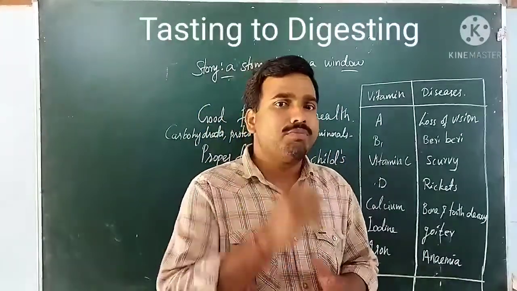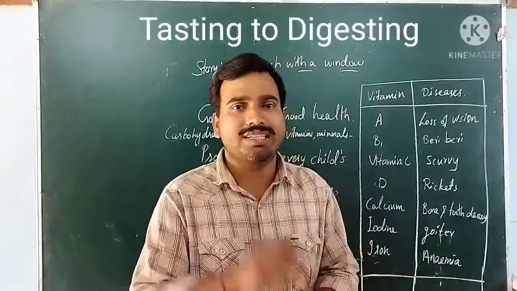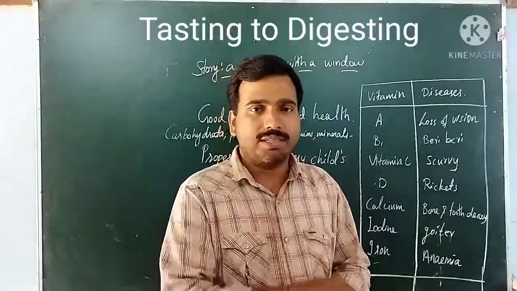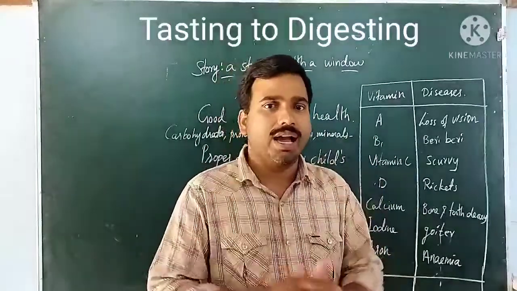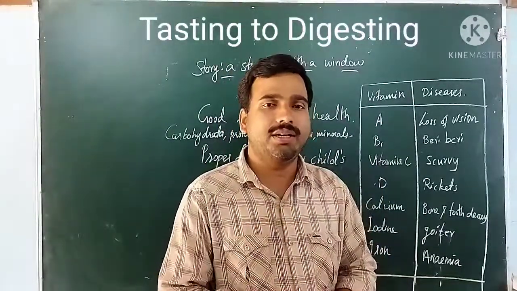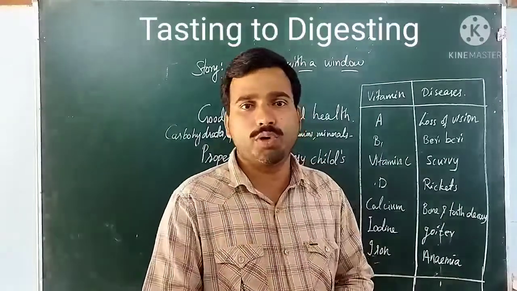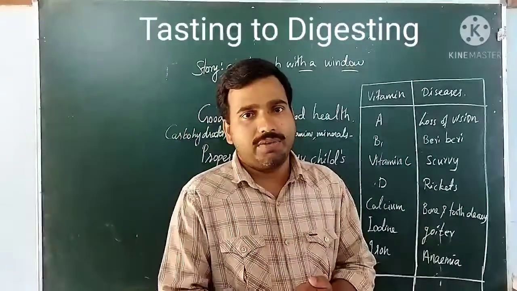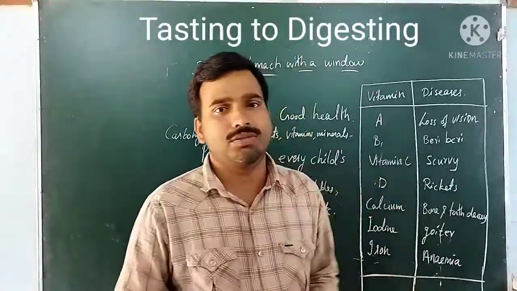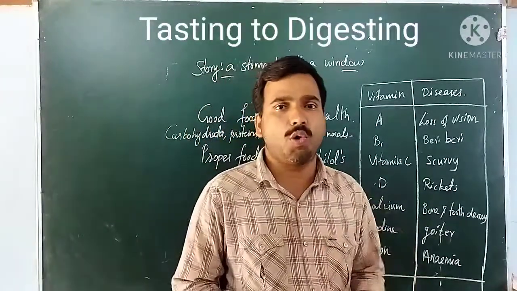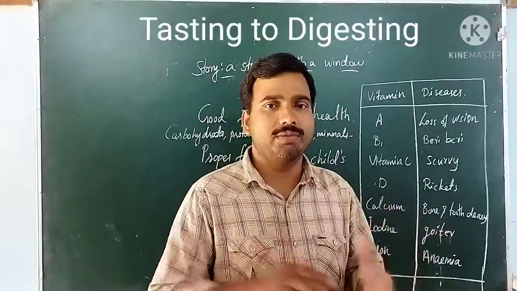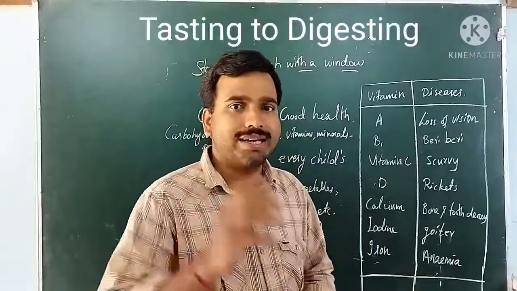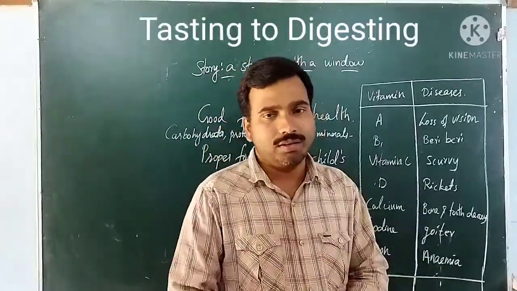So there are tiny buds, and these buds are known as taste buds. They are located in specific regions of your tongue that help you identify the taste of different food items. In this way we already saw sweet, salty, sour, and bitter. These are the different tastes that we are able to feel using the sense organ called the tongue.